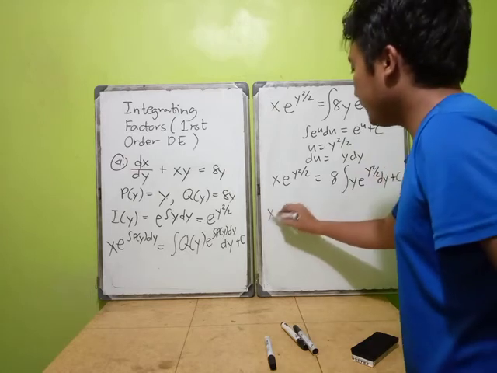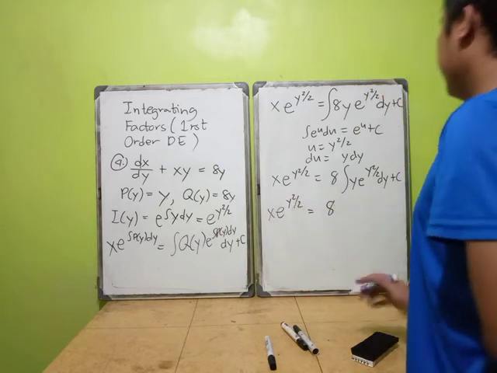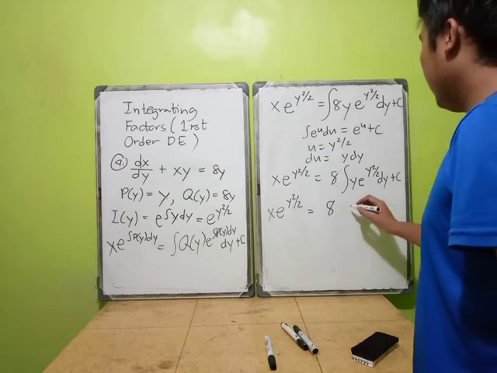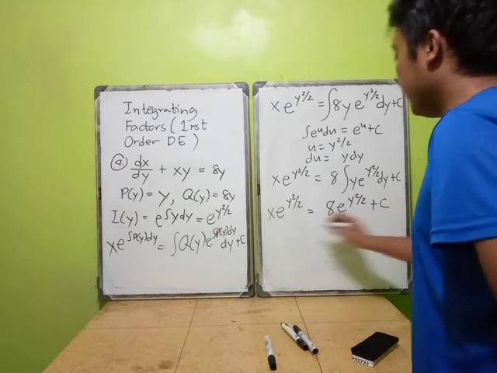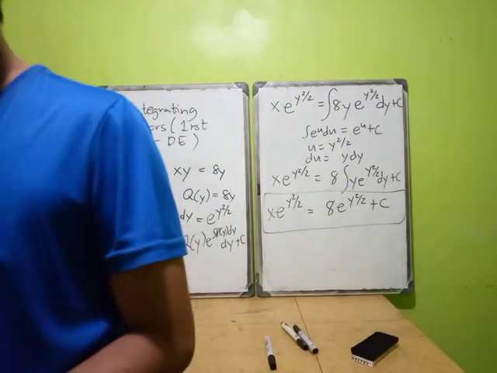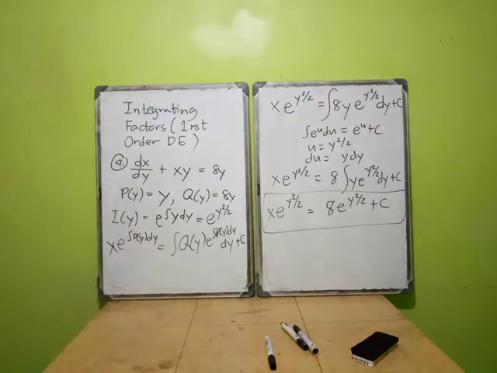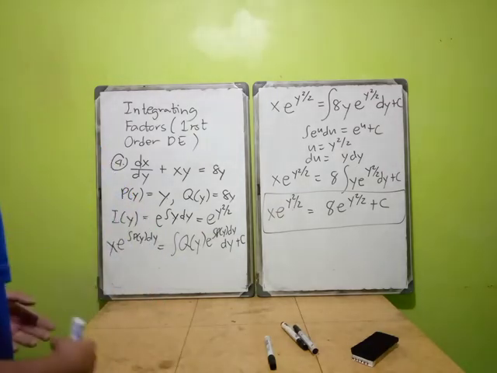So magiging x e to the power of y squared over 2 is 8 e to the power of y squared over 2 plus c. So this is your answer. Okay. So yan yung sagot natin. So obviously, madali lang ang integrating factors. Okay? So what you gonna do is